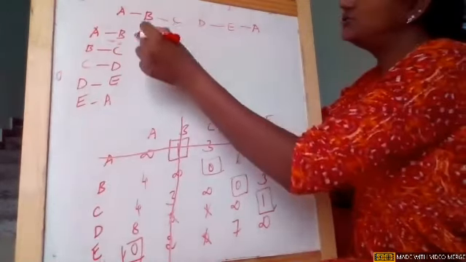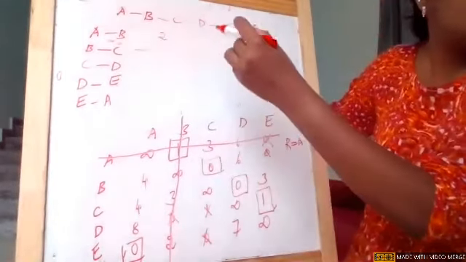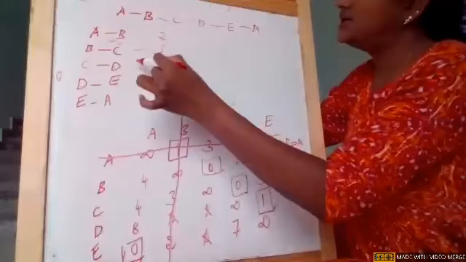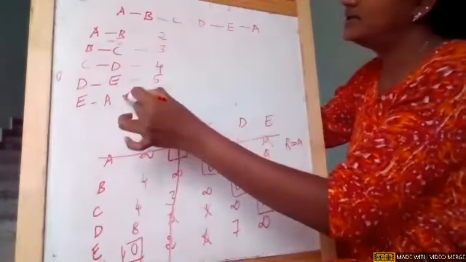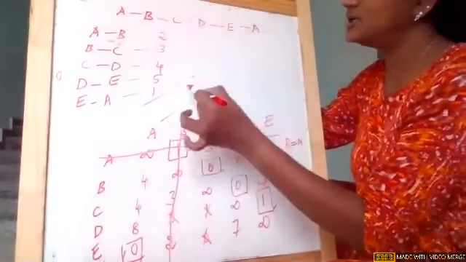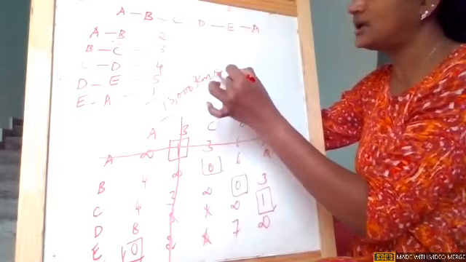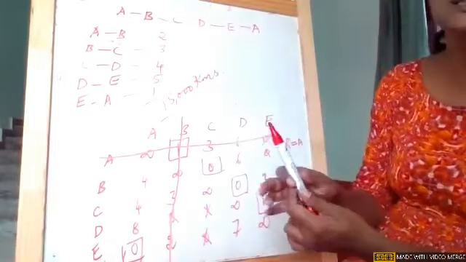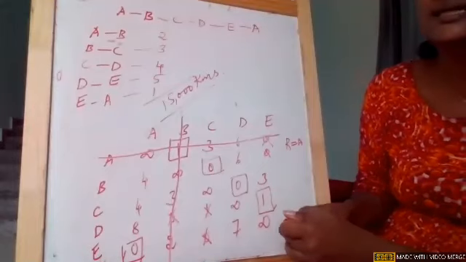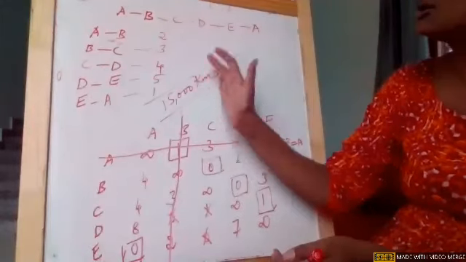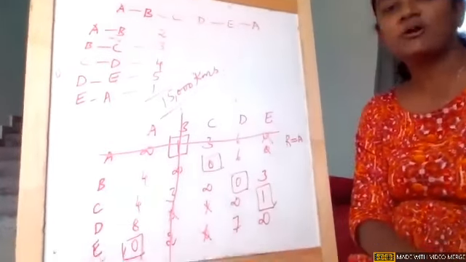Okay. So now, if you see, my kilometers are also given. A to B, it is 2. B to C, it is 3. C to D, it is 4. D to E, it is 5. And E to A, it is 1. So total, the kilometers are in 1000 kilometers. If you read the question, 15,000 kilometers is the shortest distance he's traveling, and he can cover all the cities, all the customers, and he is also ending at the origin. So that is how the traveling salesman problem shows the optimality.